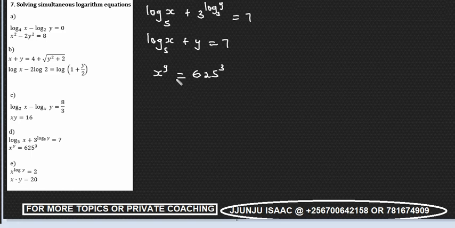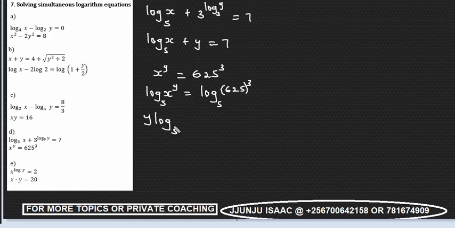So now what we can do, we can bring in the log base 5 on both sides so that we drop the power. Because I have log base 5 on the first equation, that's why I'm choosing log base 5. So I get x y equal to log base 5 of 625 power 3. So this can be y